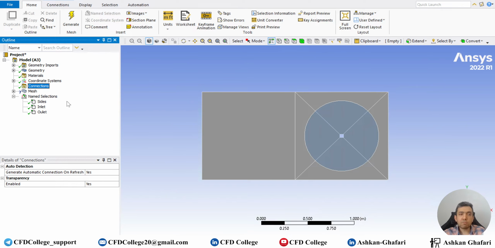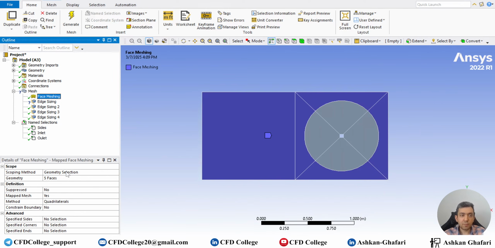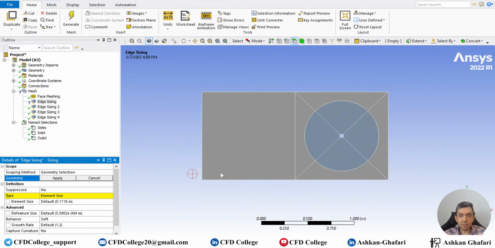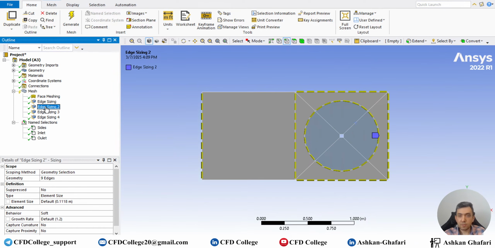But you can leave it and let ANSYS Meshing generate interfaces. But I always generate them myself. So now we just do this again. These four lines. And okay, now